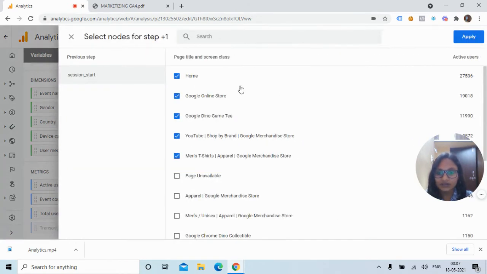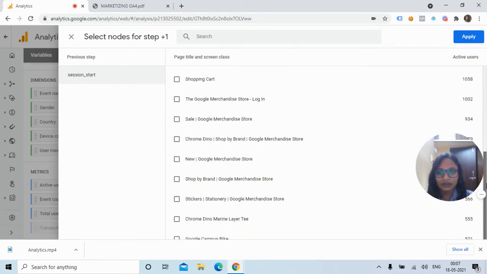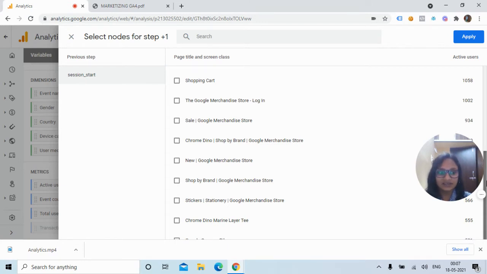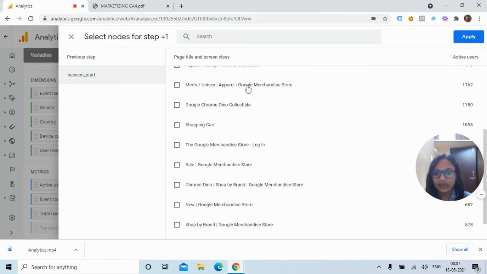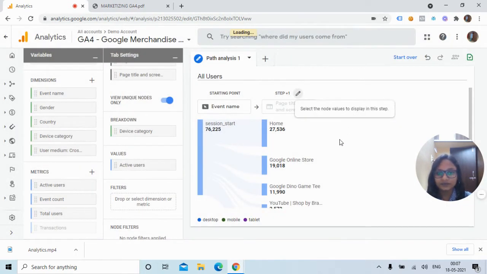And here we can also select the different nodes. In our website, we have several other page titles. This is the Google Merchandise website, so these are the pages that they have. If we would like to add this shopping cart to our step, then we can apply this. So this could be applied here